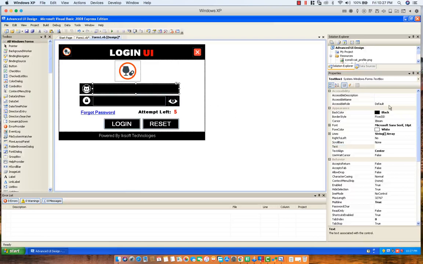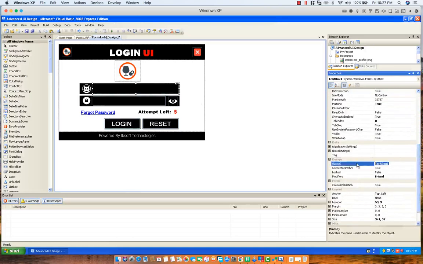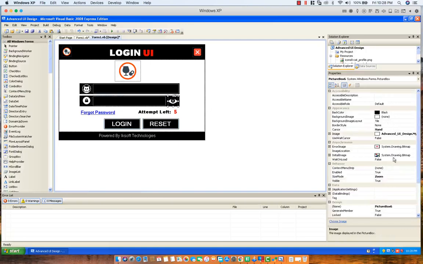So click on this text box, and I'm just going to rename this from text box 1 to txt username, right? And I'm just going to rename this to txt password, and I'm just going to say this is going to be a button for me. So I'll say btn visible,